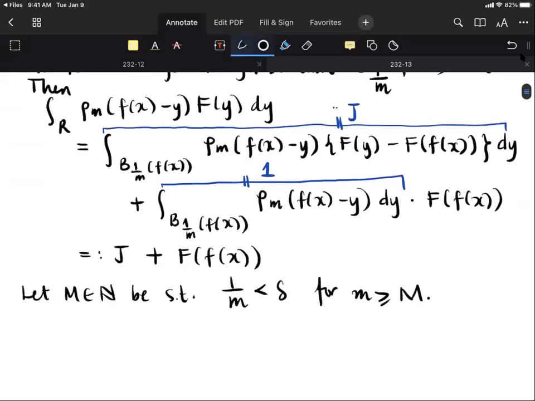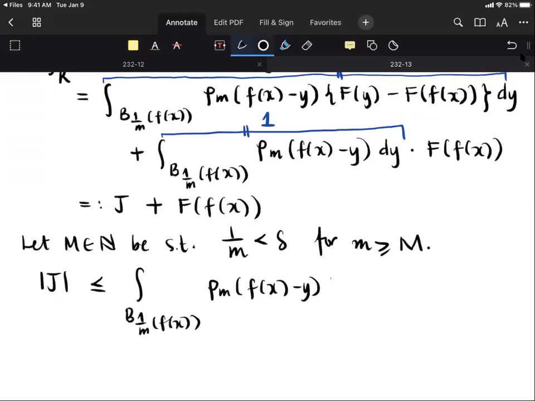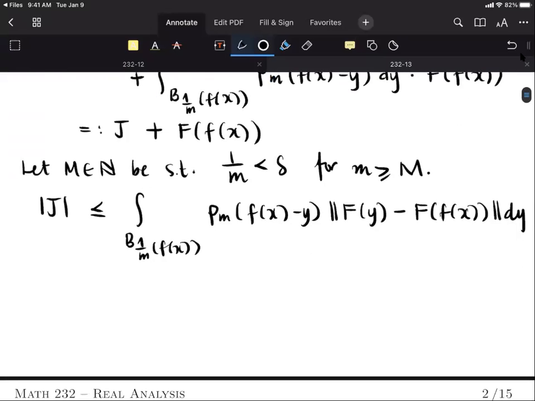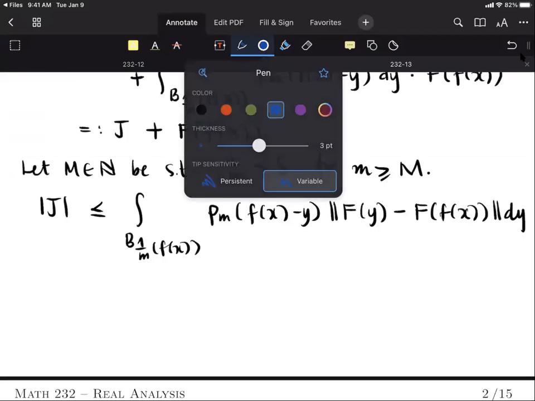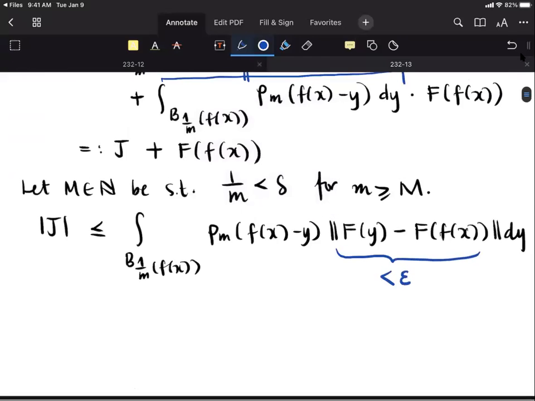So looking at the expression for j, this is less than or equal to the integral of rho m of f of x minus y times the Euclidean norm of f of y minus f of small f of x dy. And this is less than epsilon, since